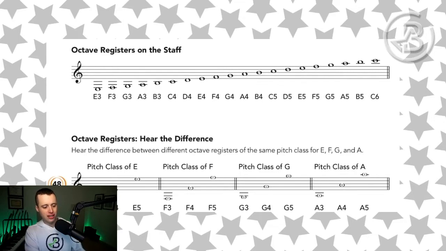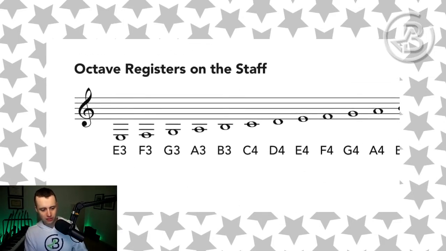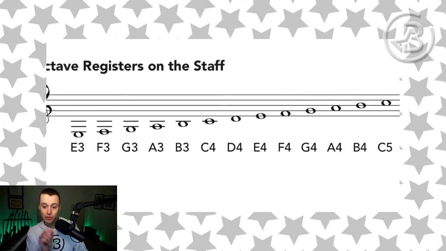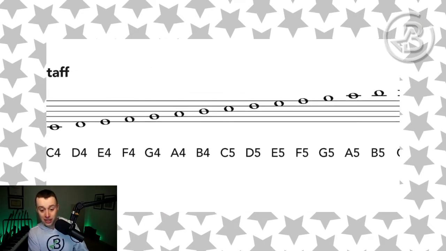So our first E below ledger line number 3 on the staff is E3. The next note is F3, then G3, A3, B3, and then remember, we're always changing numbers on the C note. So the next C is going to be C4. Next note is D4, E4, F4, G4, A4, B4, and then we get to a C, which means we're changing